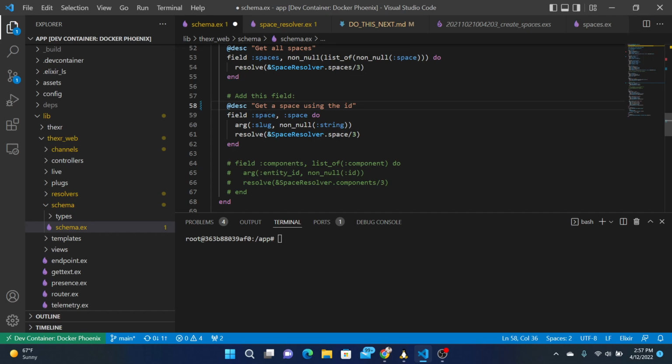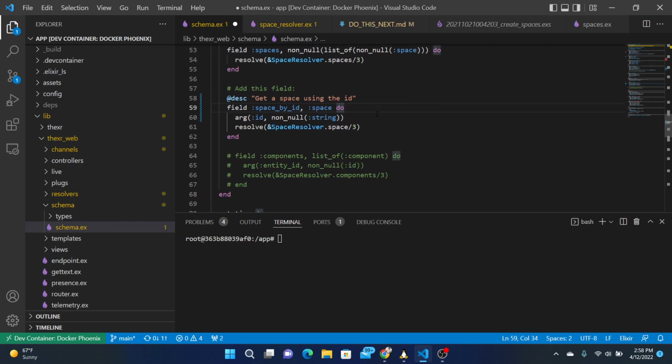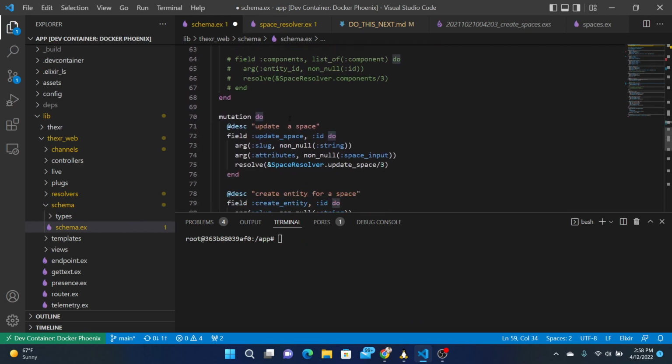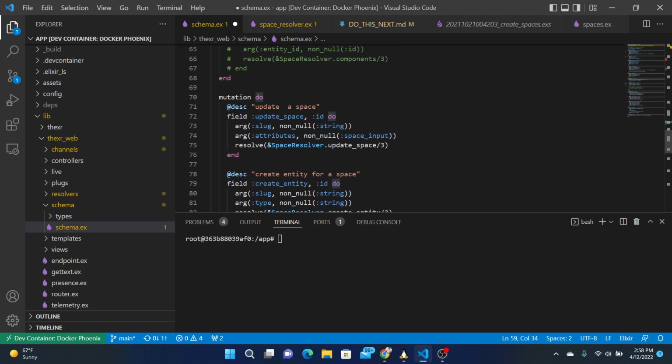Okay, so the query is called space and it returns a type of space. So maybe it's space by ID. Okay, so you give the ID, and then we go resolve that. And if we want to update a space, we give the ID of this and it returns an ID.